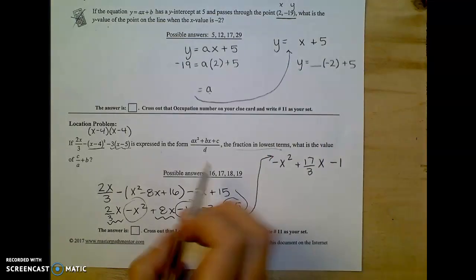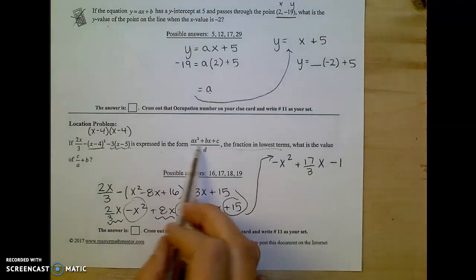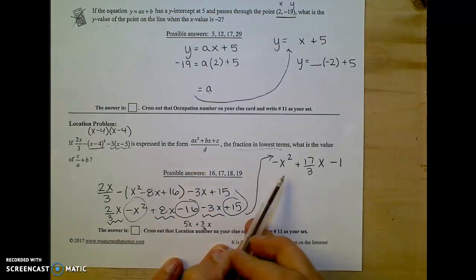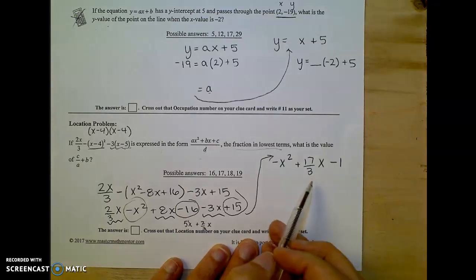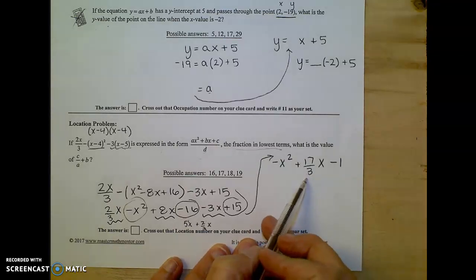Once I did that, I realized I was not in that form. They want it all to be over one number. So I was like, well, why don't I make it all over 3? Because then this will be